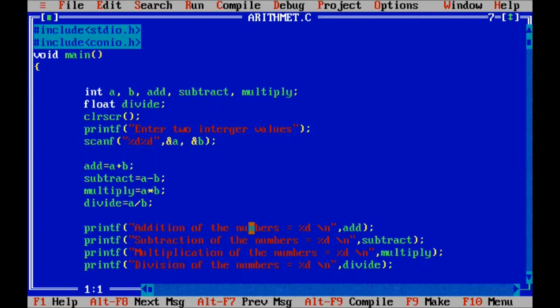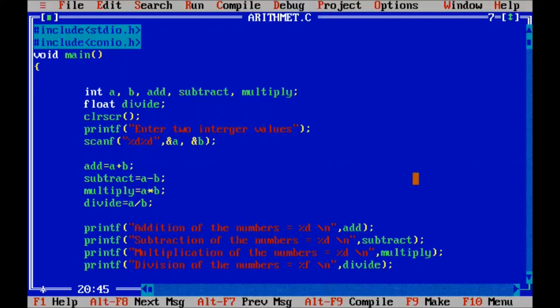Here we take %d. We should declare float type, because %d prints an integer type value, not a fractional value. So we replace %d with %f.